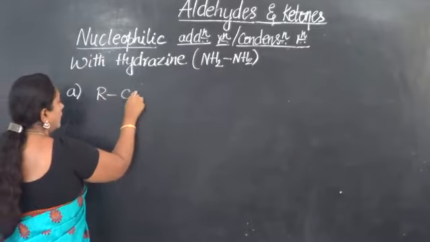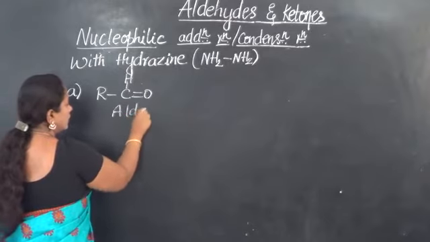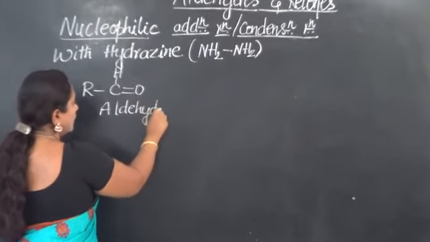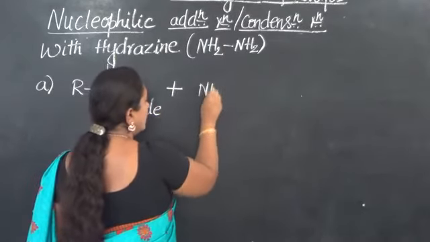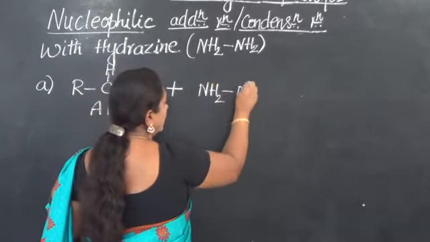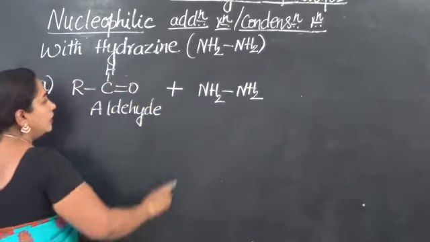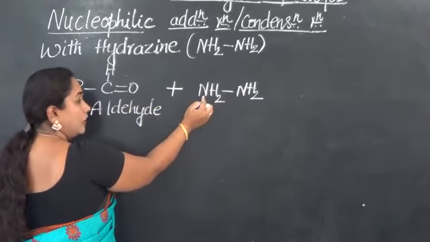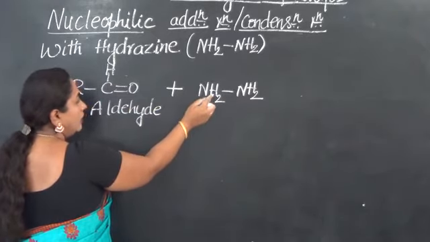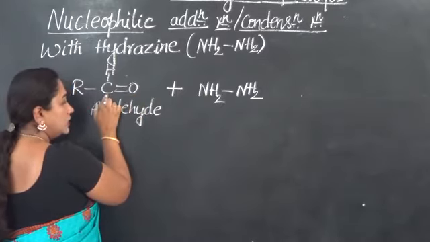So the general formula of aldehyde, as you know, is RCHO. If you learn this reaction with aldehyde, you will also be able to write the reaction with ketone because they both proceed in a similar way. So aldehyde adds with hydrazine. What happens now? The two hydrogens linked with this nitrogen will undergo splitting. How will that happen? One H will remain with nitrogen and one more H will link with oxygen and become OH, and that OH will be attached to the same carbon.